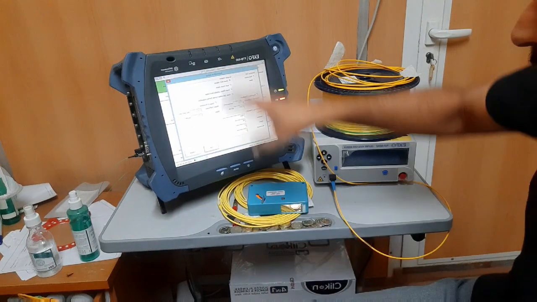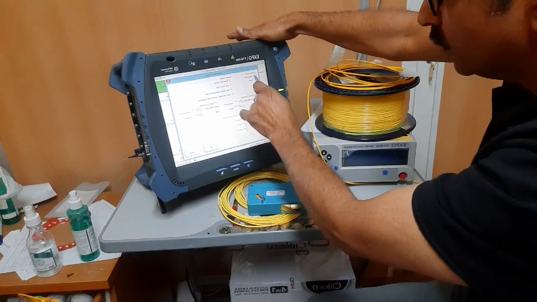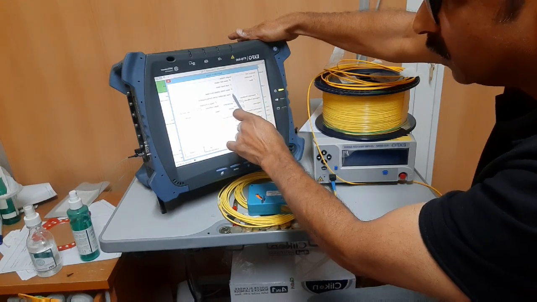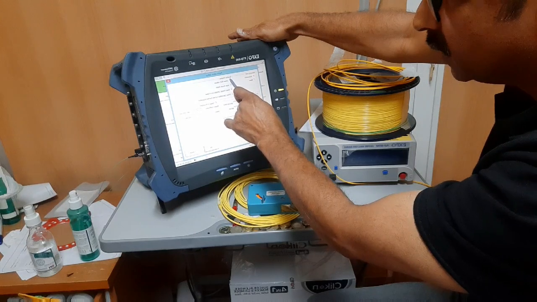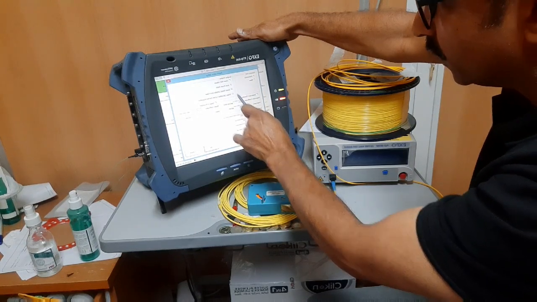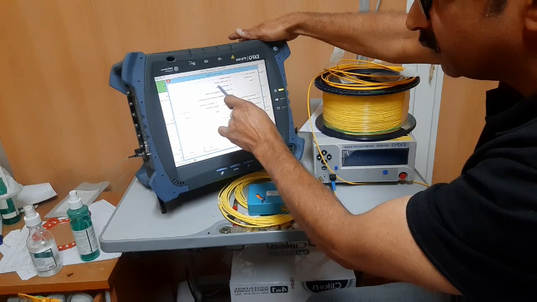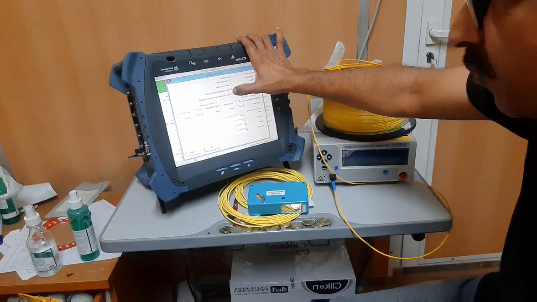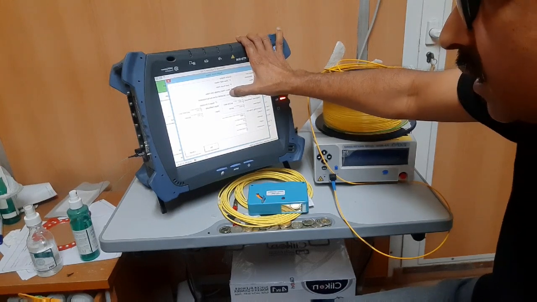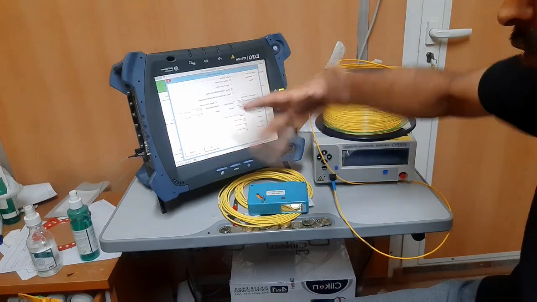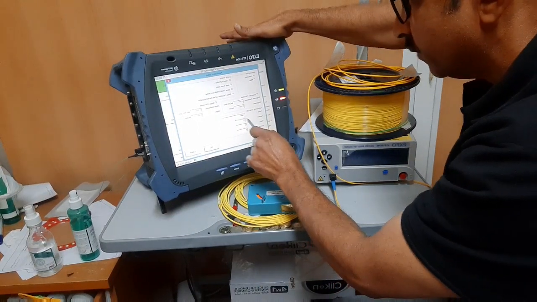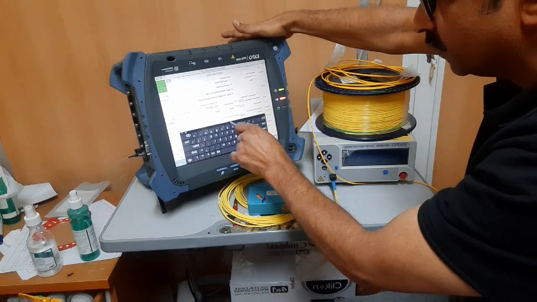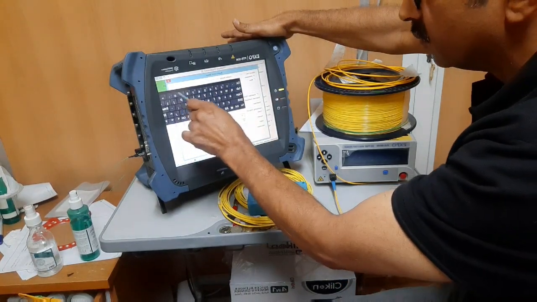After that we have to go to the setup. Distance should be kilometer, and all these things should be on: show RGD values, auto reset zoom, show fitted lambda 0 value, show calculate curve during acquisition. All should be in the on position. And here we have to change the number.